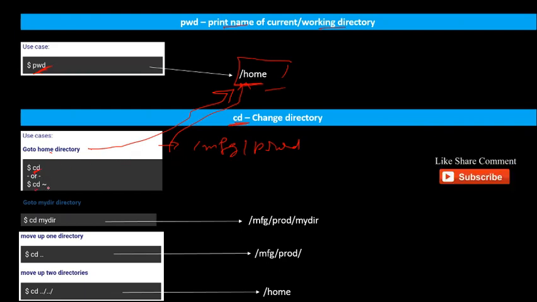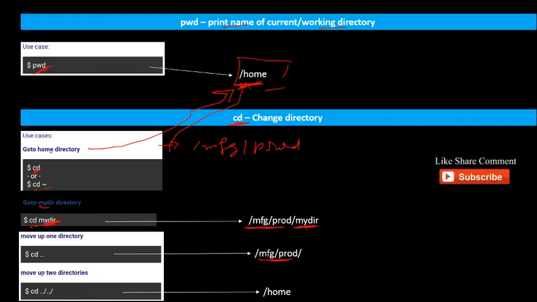or you can use cd, space, tilde sign, and then press enter, so you will go to the home directory. And if you want to go to any directory, you have to use cd and then the directory name. Like we have used mfg, and first we were at this, and then we went into this directory after running this command. And if you want to come out of this directory, you have to use cd dot dot, two dots, dot means period. Okay, then we will come to mfg prod, meaning one level.